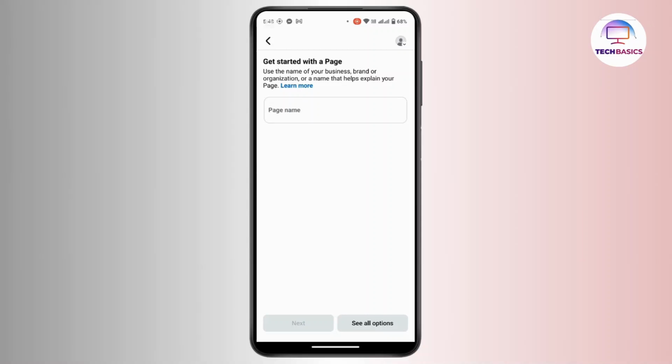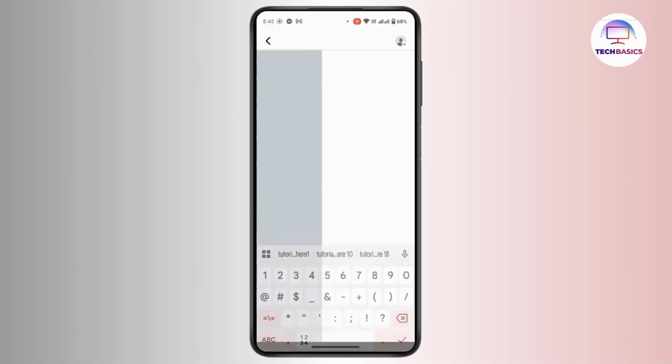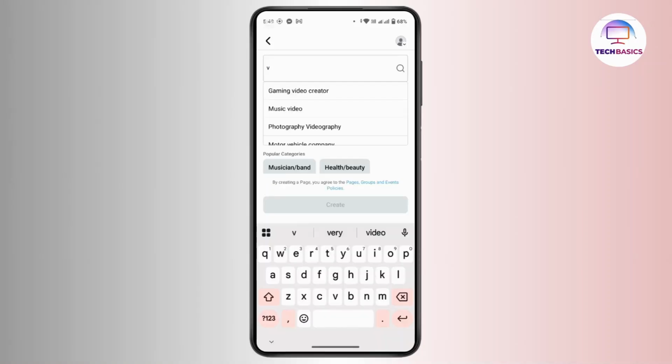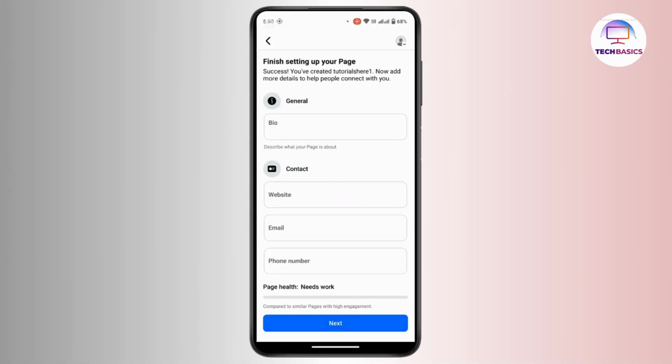Here you can use your YouTube channel name for the branding. So here provide your YouTube channel name. Then tap on next. After that, under category, you can select something like video creator, YouTuber or entertainment website. Then tap on create. Now you will be asked to enter the bio where you can add a short description